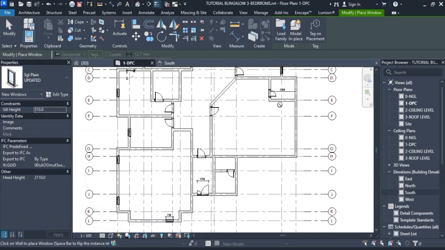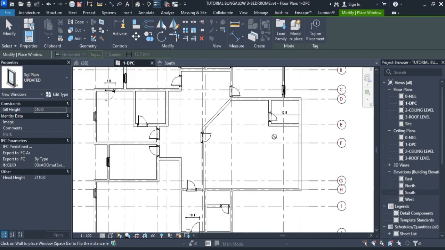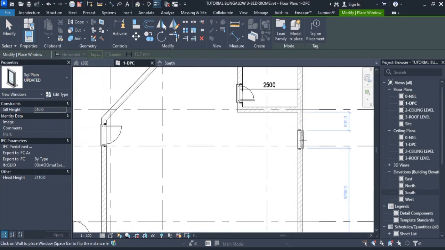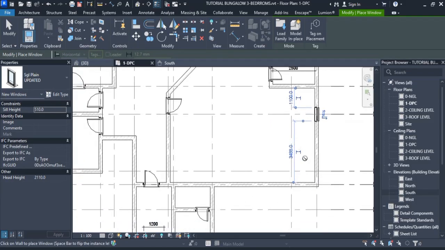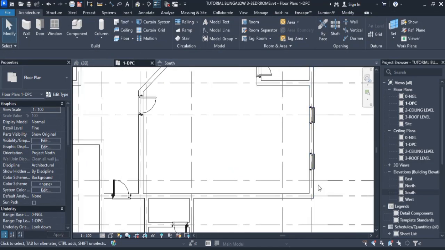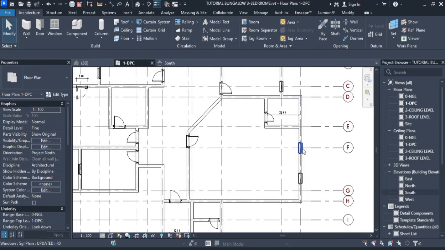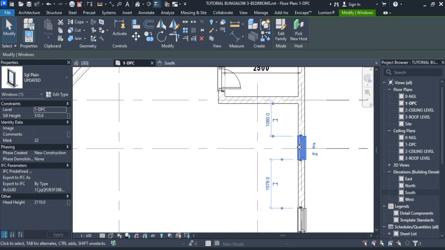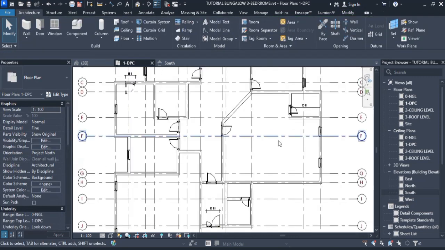CS again for the master bedroom. Let's see, 1.1 from here. Another 1.1 from here. It's not actually a must to place windows like this. I might want to move this in a little bit. Then